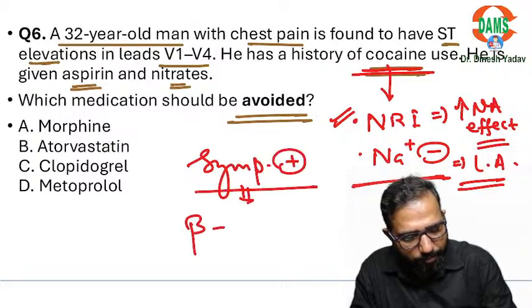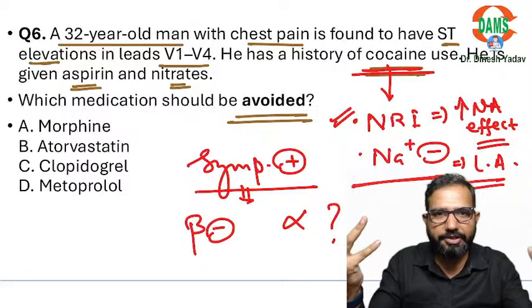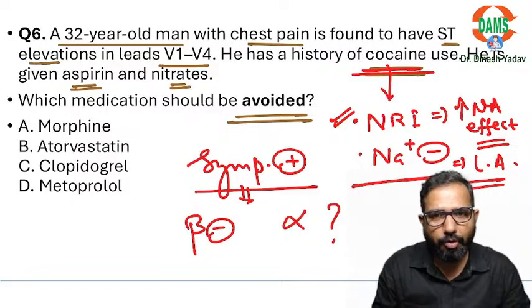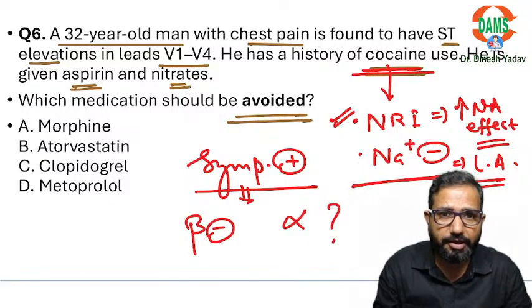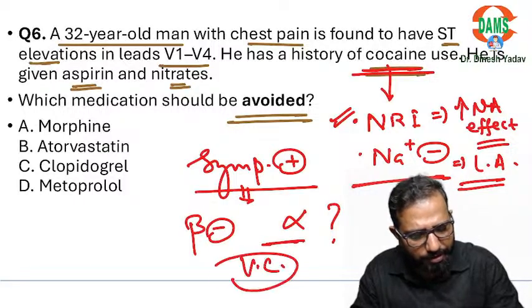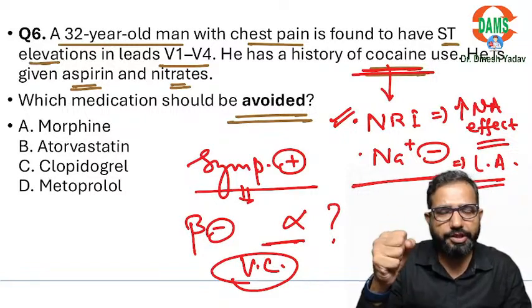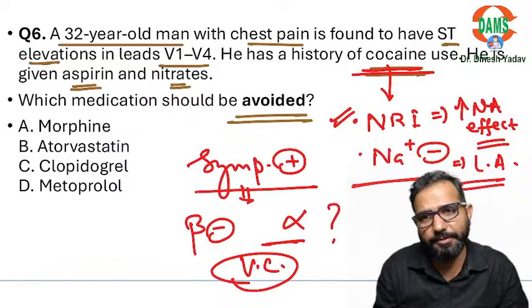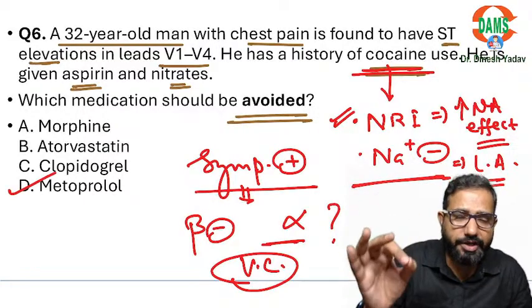If you give beta blocker, what about the alpha? Unnecessary alpha action will be there, because cocaine is having the effect on beta, alpha both. You have blocked the beta, heart rate will be down. But now unopposed alpha action, alpha causing vasoconstriction, and this vasoconstriction can increase the risk of progression of the MI, or it can increase the blood pressure. So it is having a paradoxical negative effect on the patients. So out of these, which drug is not given? Metoprolol we never use in cocaine for this purpose.